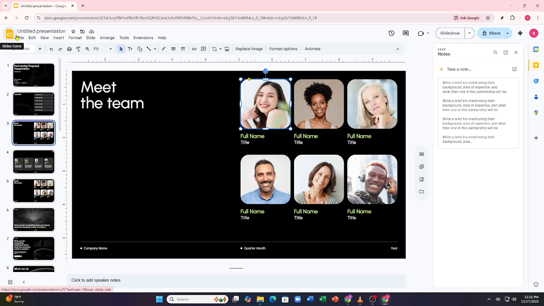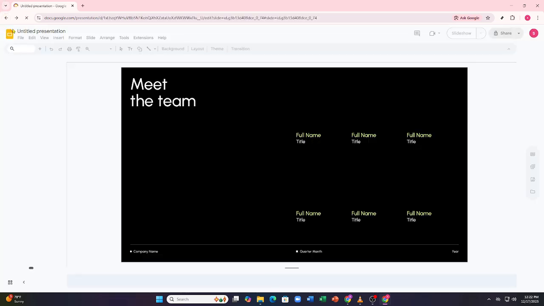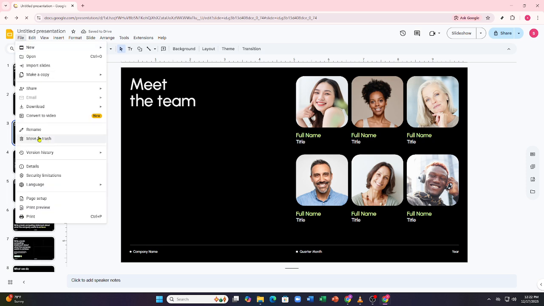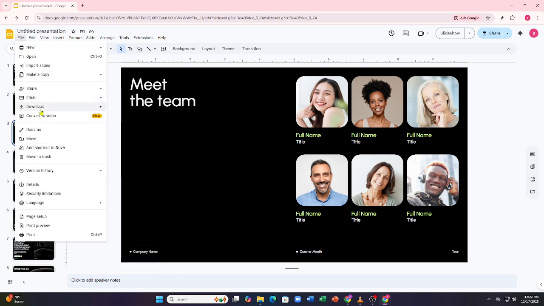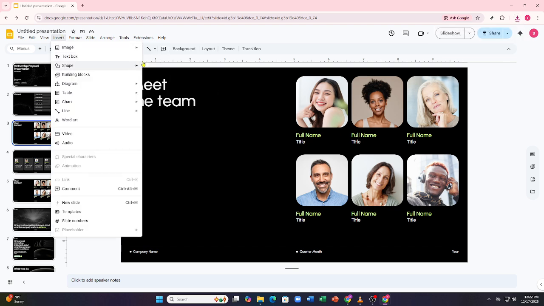Finally, review your slides to ensure all important elements are locked. This prevents accidental changes during presentations or while sharing slides for collaboration. And that's it. By selecting elements, locking them, and unlocking when necessary, you can keep your Google Slides organized and